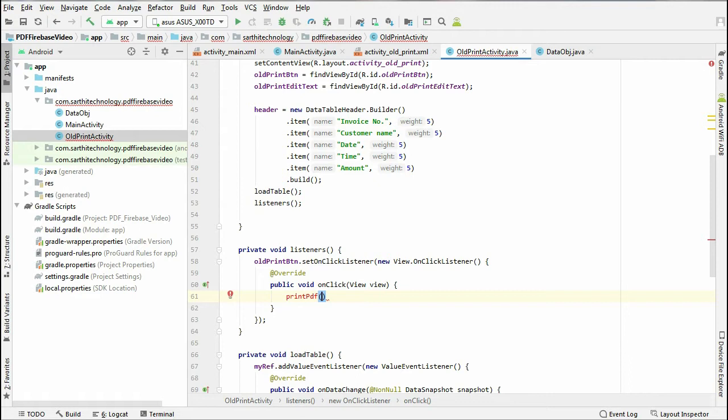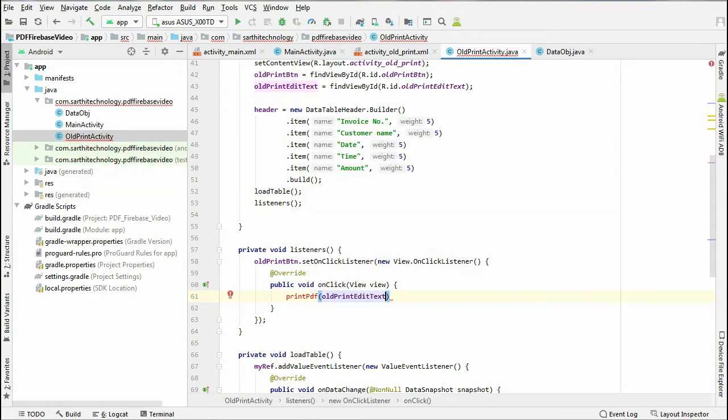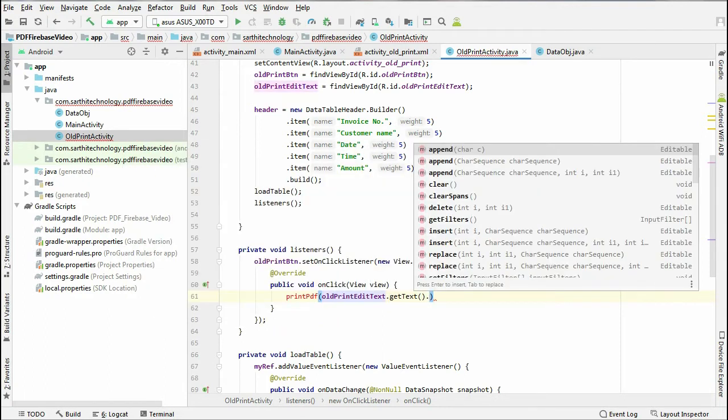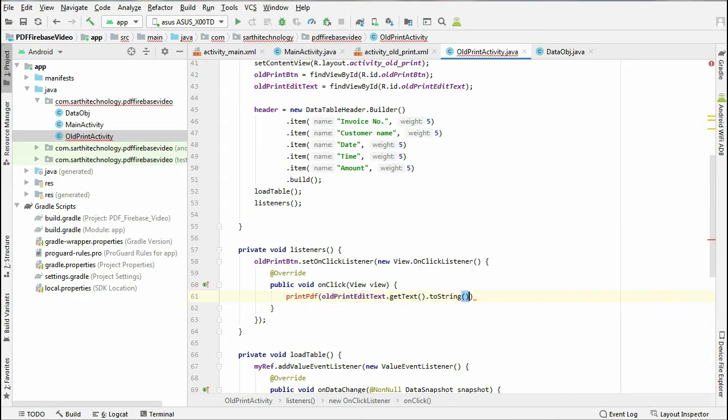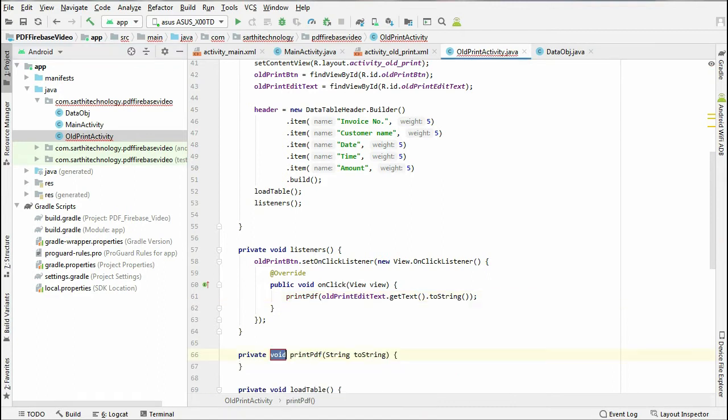And here oldPrintEditText.getText().toString(); semicolon, and press Alt+Enter here and create the method in the OldPrintActivity.